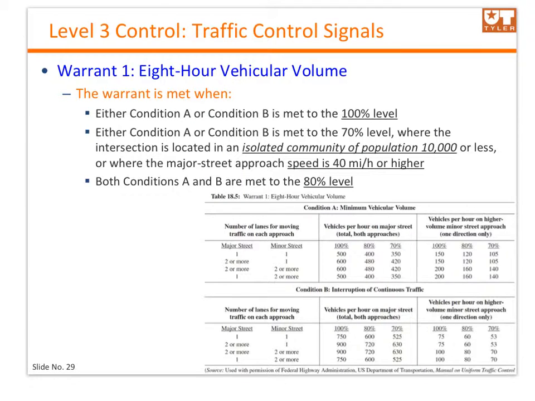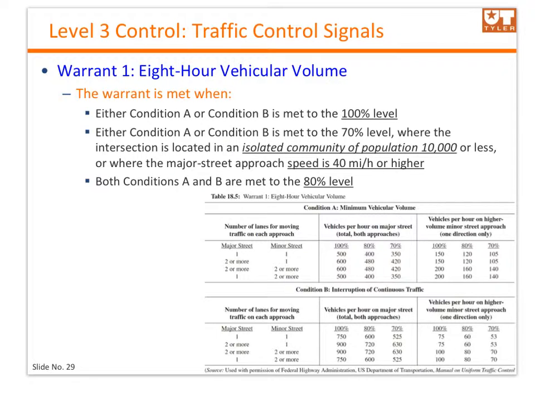So the question here, how can we meet this warrant? Since we have condition A and condition B as shown in table 18.5, the warrant is really met first if either condition A or B is met at the 100% level, or the second case, if either condition A or B is met at the 70% level,